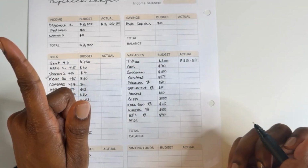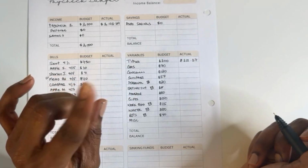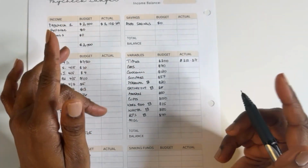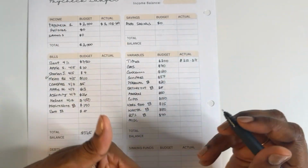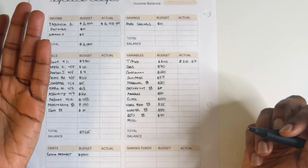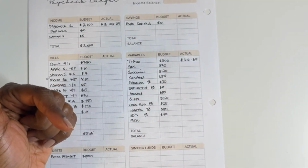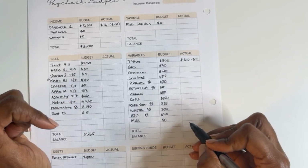because I currently have 40 in there, so this will make it 80. But I did go to BJ's last month, so I already have to take off like $50 from that amount that I will have, because I've already spent some of the money. But we do have a BJ's credit card, so we just make the payments on there, and then when the bill is due, we pay it. My mom and I always split the amounts because we basically shop for the household, so that's how we do it. And then for miscellaneous, I'm going to put $0,